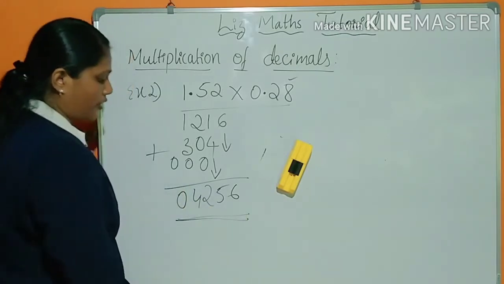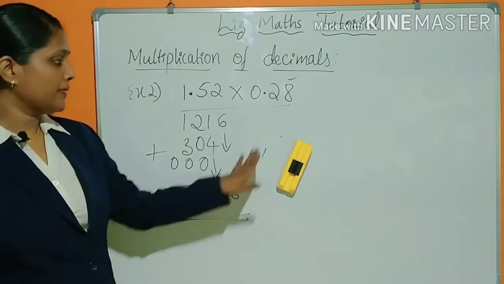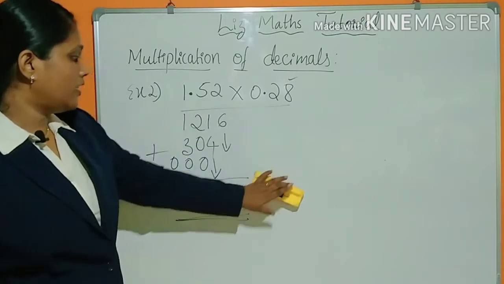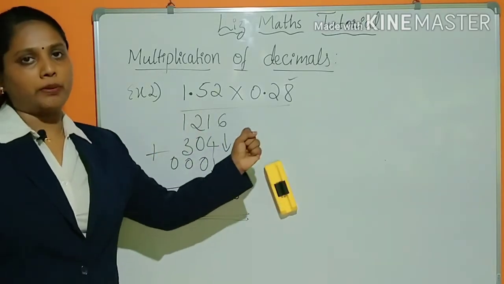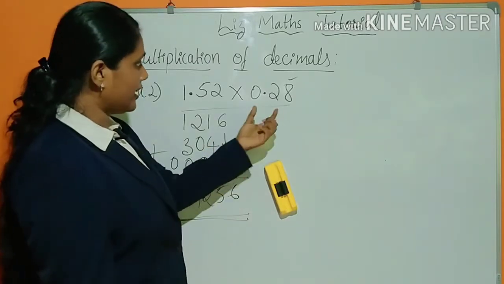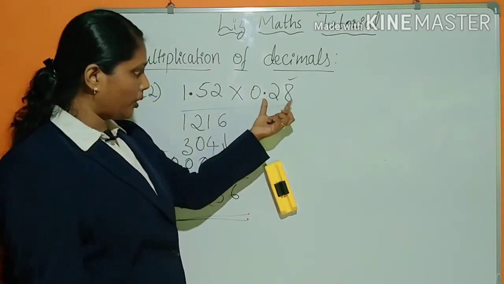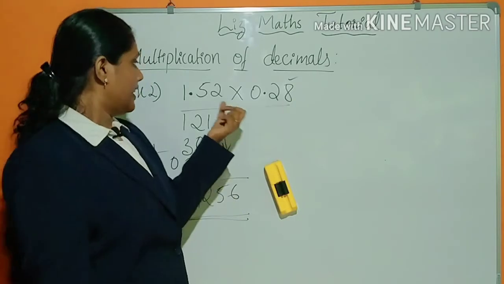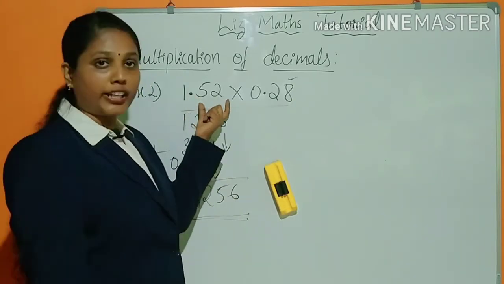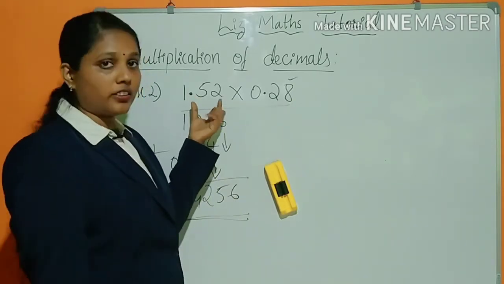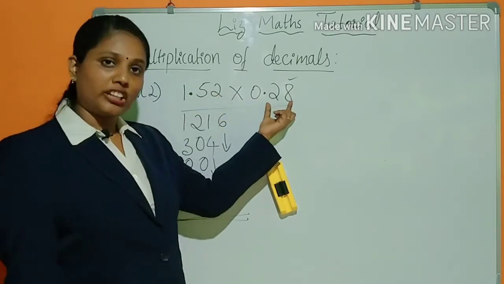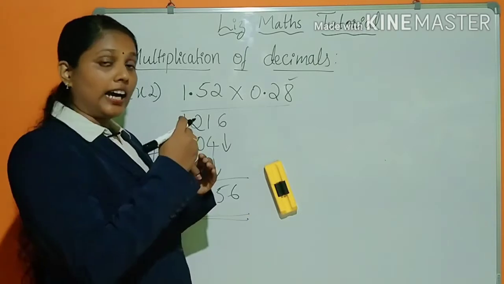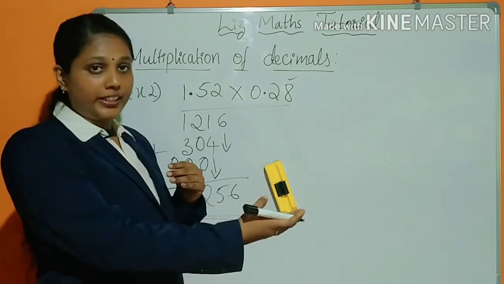Now you got 0, 4, 2, 5, 6 here, and see here, now you have to come to the multiplicand and multiplying. See here, you can see after this decimal point here 2 digits, am I right? Here also after this decimal point you can find 2 digits. So together total how many digits are there? Here 2, here 2. So total 4 digits you can find, isn't it? After this decimal point you can find 4 digits, isn't it?